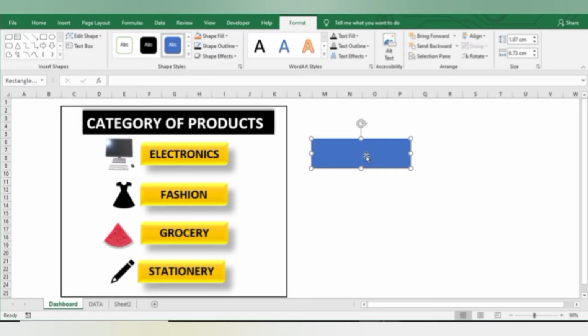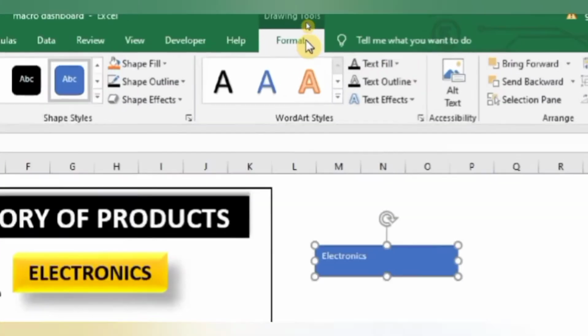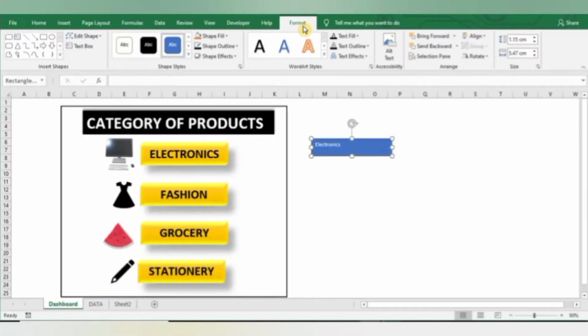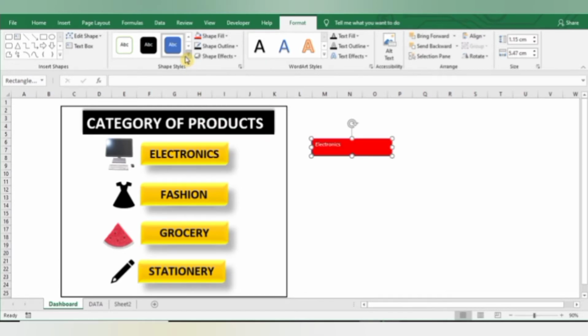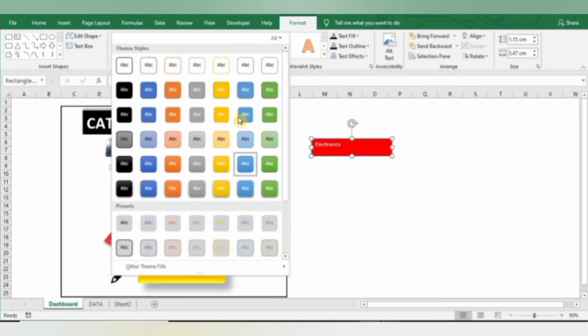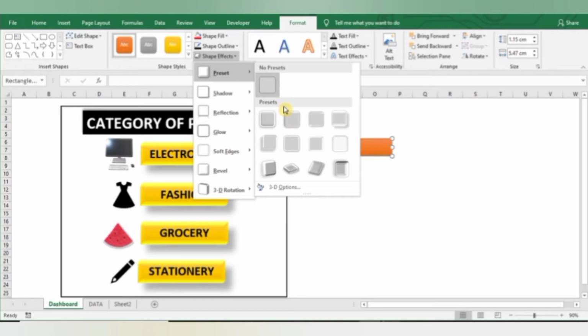Now give a name to your shape, and from the format tab you can style your button. You can take any color from here, or you can also select these type of theme styles, and from here you can give effects to your shape.